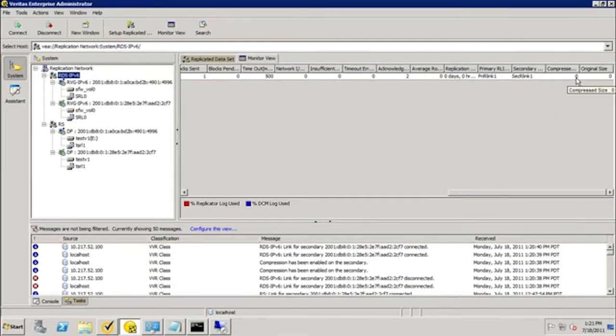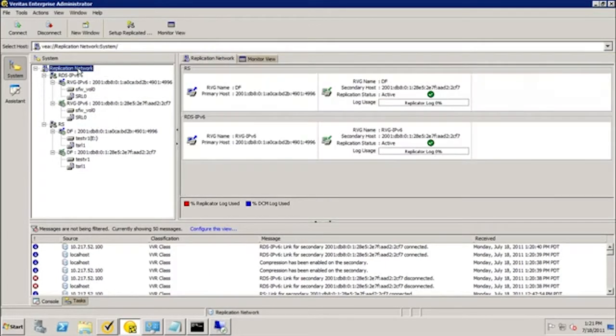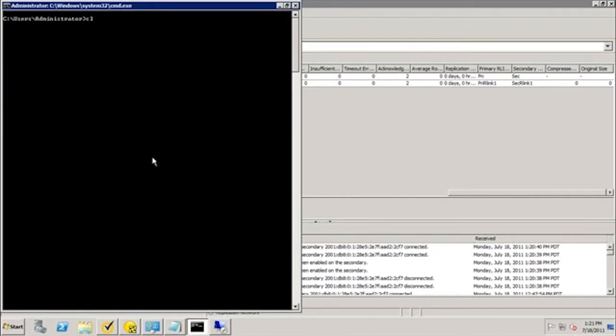The compression size would be 0 since no data has been sent yet. And if you select the replication network here, you see there are two R-links, one with compression enabled and another without compression. So you can see compression has been enabled on the second R-link, and there is no compression enabled on the first R-link. We can also check this through the CLI